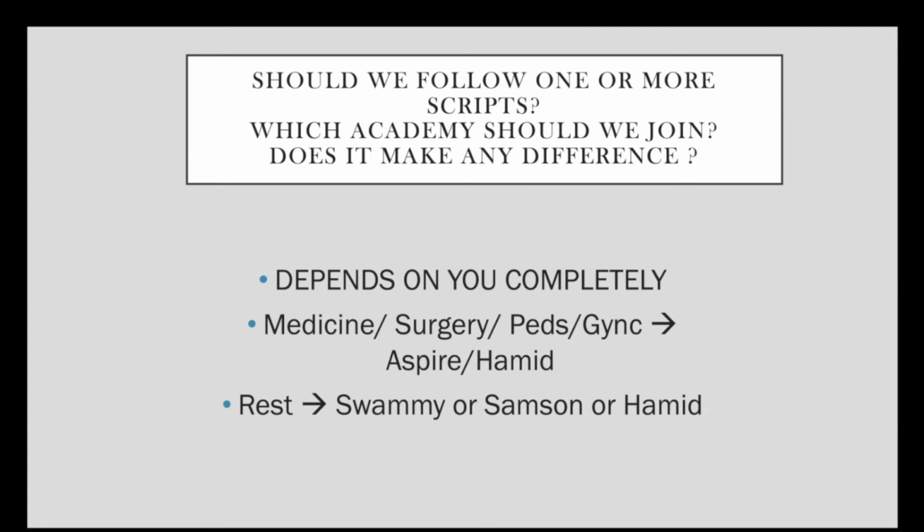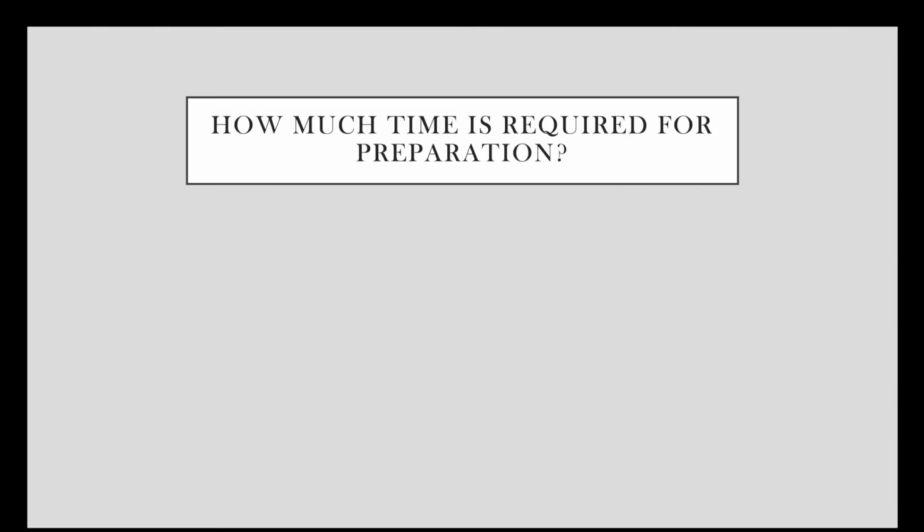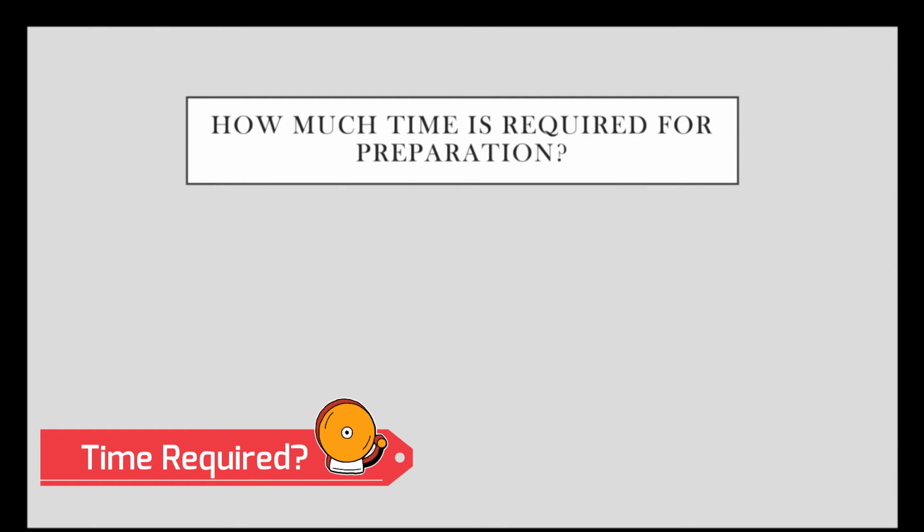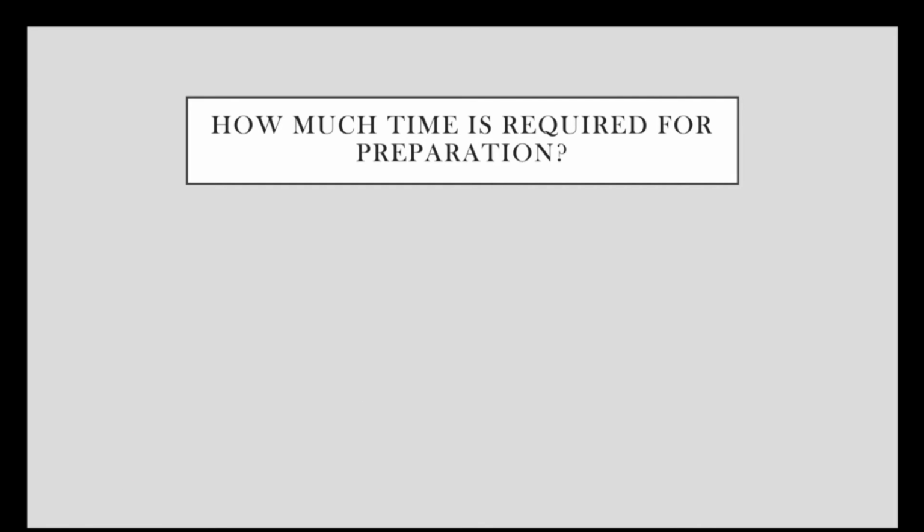The next question comes: how much time is required for preparation? This is again a very common question that everybody asks. Now remember, before COVID, we had an estimation of around 360 to 375 questions, or you can say OSCE stations. But to be really honest, the total number of OSCE stations will be around 210 or maybe 230. But when each of the stations is modified a little bit, it becomes a new station for the candidates, and then the total number becomes 350, 370.